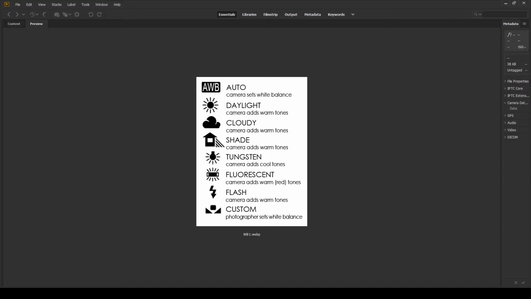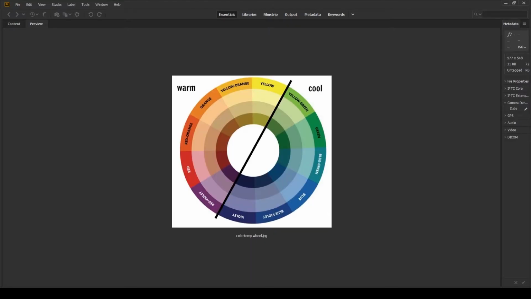You can change the mood of the picture. As you can see in this photo now, either you use the warm colors or you use the cool colors. So what falls into the warm colors is shown in the color wheel chart, and what falls into the cool colors. So basically you change your temperature accordingly to what mood you want. Either you want a cooler mood or you want a warm mood. Depends on what you're capturing as well.